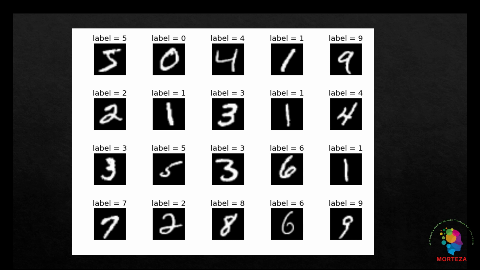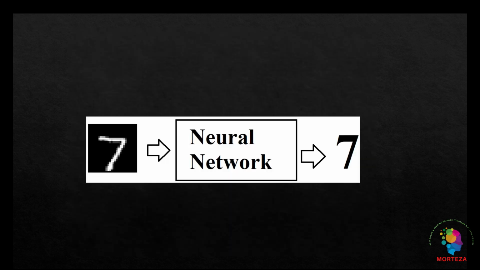The workflow will be as follows. First, we'll feed the neural network the training data, train images and train labels. The network will then learn to associate images and labels. Finally, we'll ask the network to produce predictions for test images, and we'll verify whether these predictions match the labels